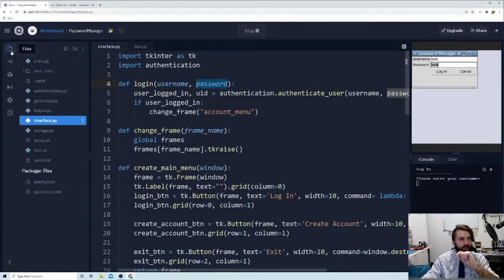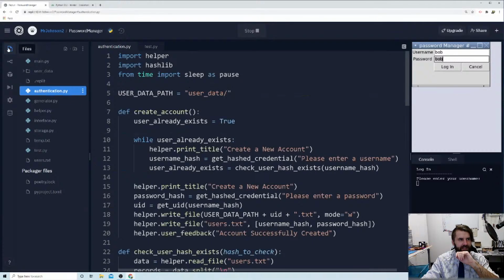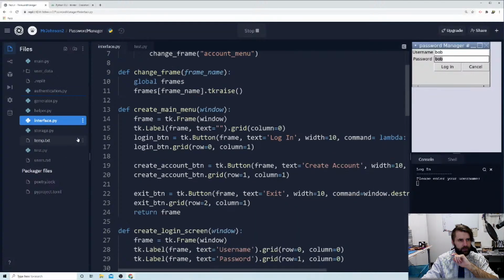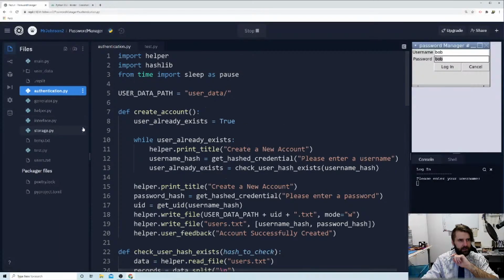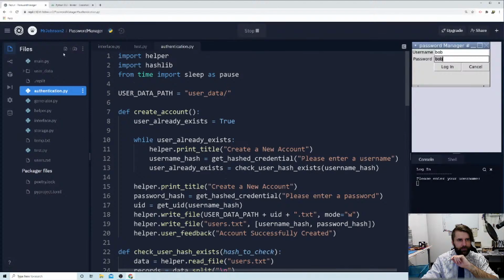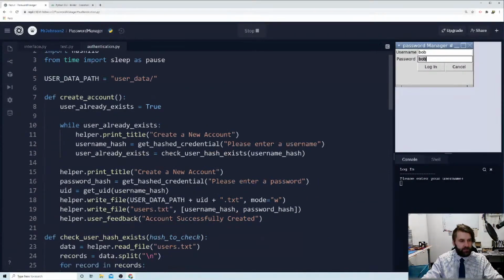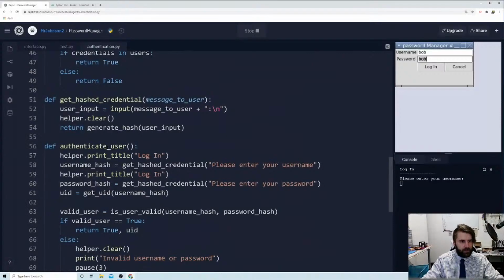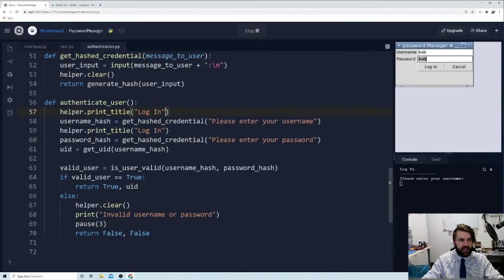Now we need to go to our authentication file. Sorry, I said that in a really weird way. We need to go to our authentication file. Okay, there we go. It's just nicer to have them open like this. So we go to our authentication file and we're going to go down to authenticate user. And we can see here that it's printing login. So just down here, we're printing that menu. Now, we don't actually want to do this. So we're going to set this up to accept a username